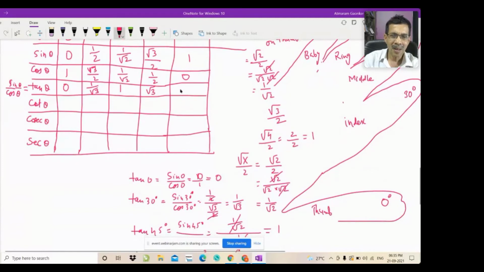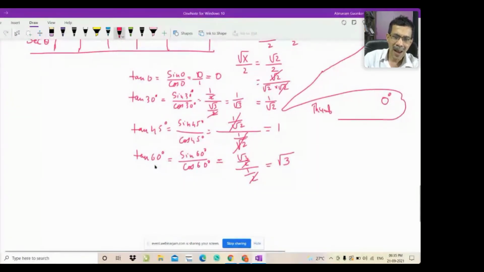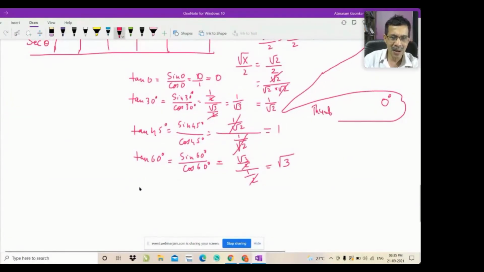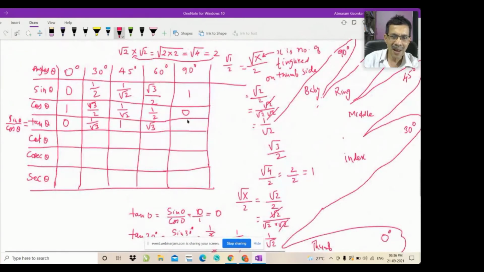And now it is an interesting part to find out tan of 90 degrees. And let us see what is the interesting part in tan of 90 degrees. And you must be knowing it also, that interesting part. But let me write here tan of 90 degrees is equal to sine of 90 degrees divided by cos of 90 degrees. Sine of 90 degrees is 1 and cos of 90 degrees is 0. We have seen here 1 and 0.